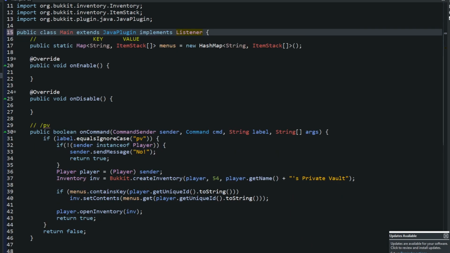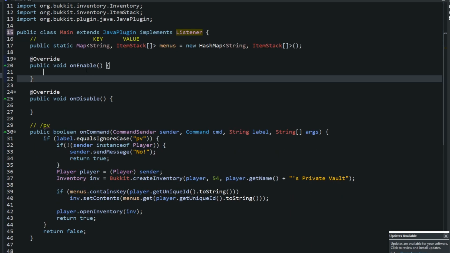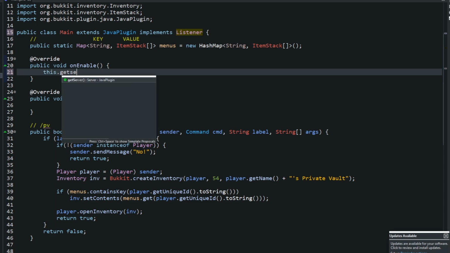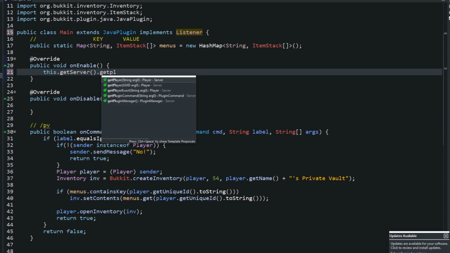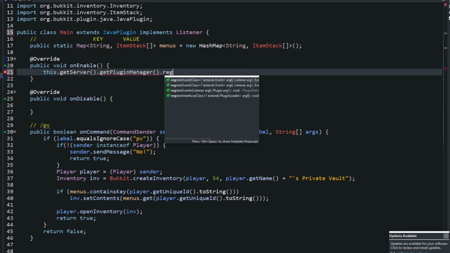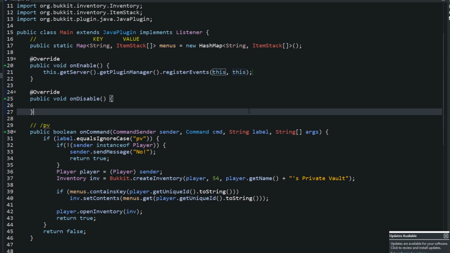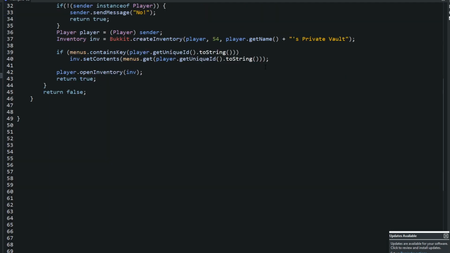Once it's imported, I'm going to keep all my stuff in this main file. So right up here, I'm going to say this.getServer().getPluginManager().registerEvents(this). And what this does is it's going to register all our events from this class only. So now we can go ahead and actually create an event, and that event is going to look like this: